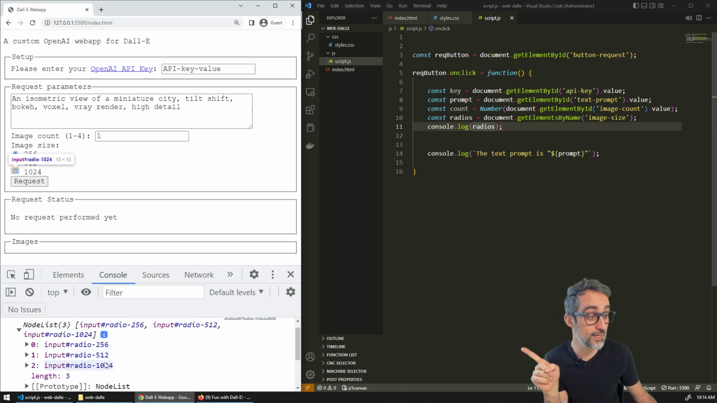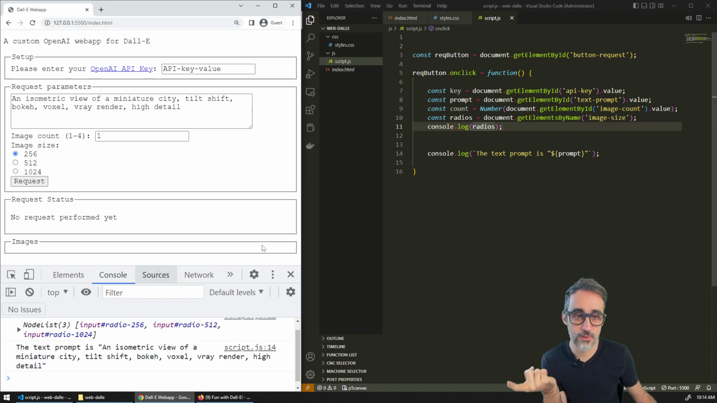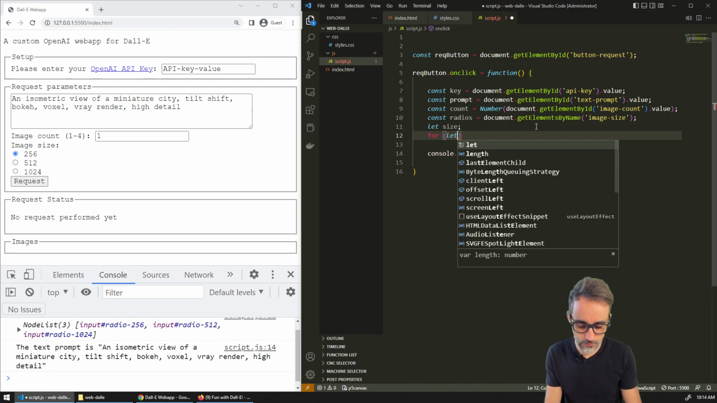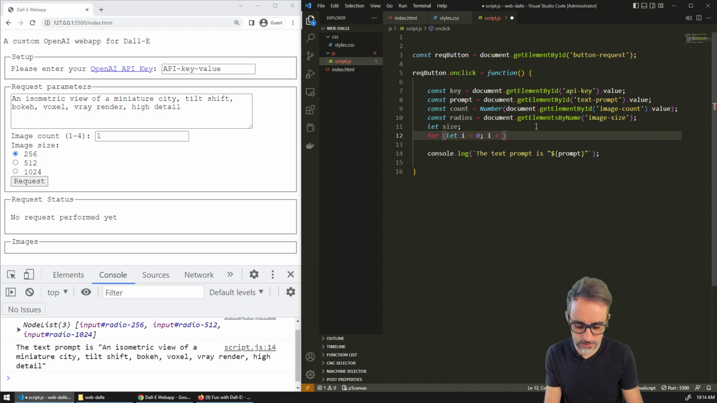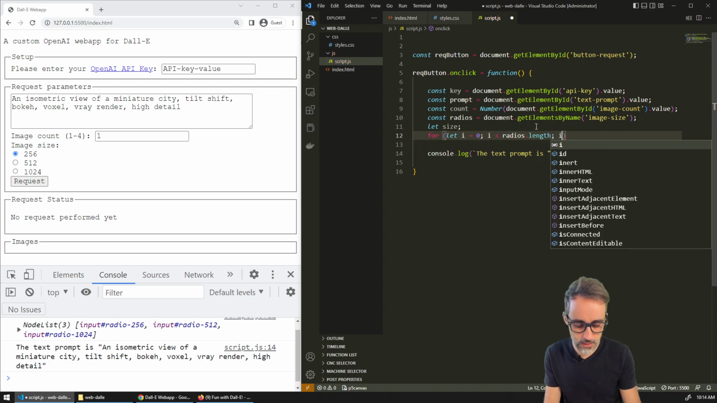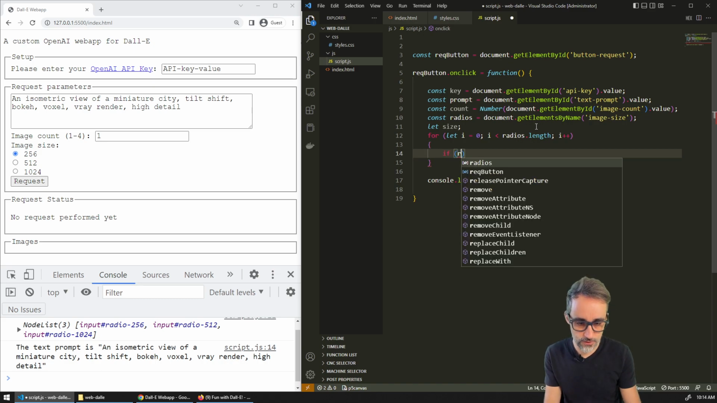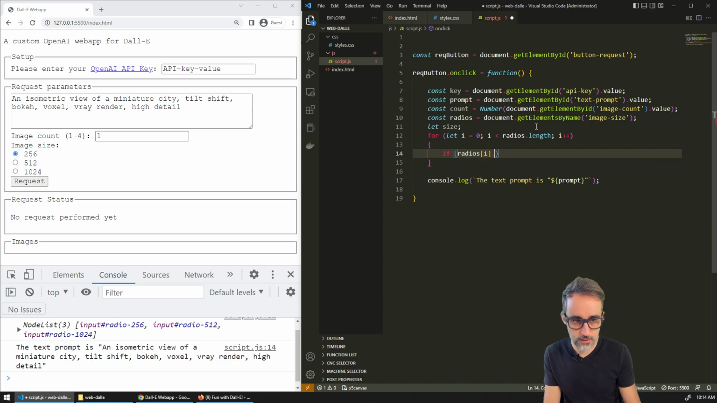And you can see how they get highlighted in Chrome, correct? So now from this, what I need to do is write a for loop where for each one, I check which is the one that has the checked mark. And for example, I'm going to say let size, and then I'm going to write for let i equals 0, i is less than radius.length, i plus plus. And then what I'm going to do is if radius dot if